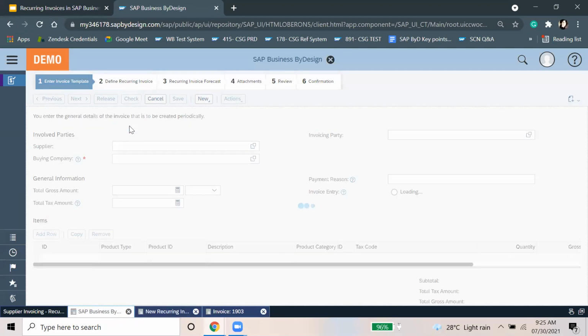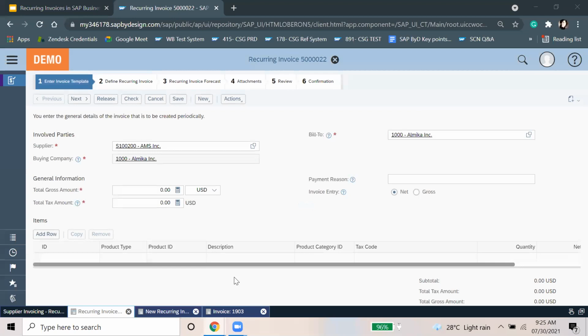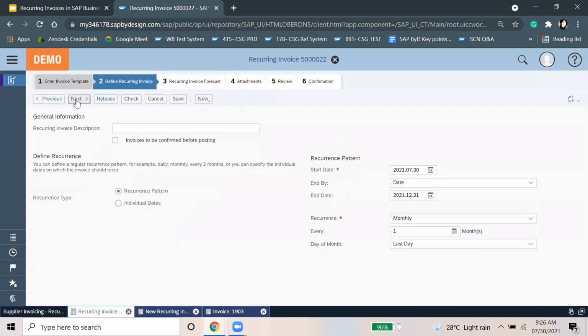Okay, let me show you something. Here is this option, invoices to be confirmed before posting. If we tick this, then we first have to confirm before the system posts the invoice.